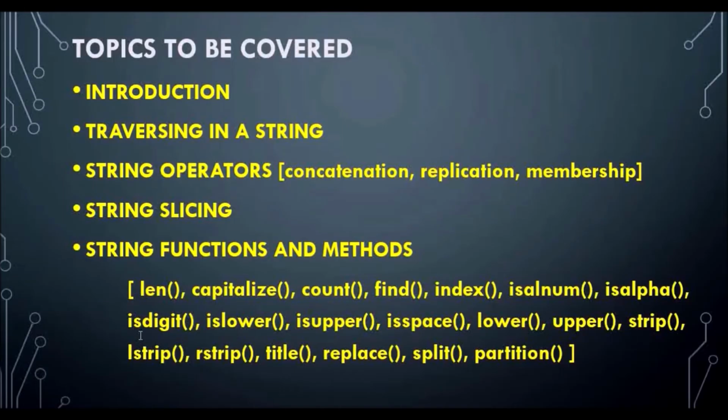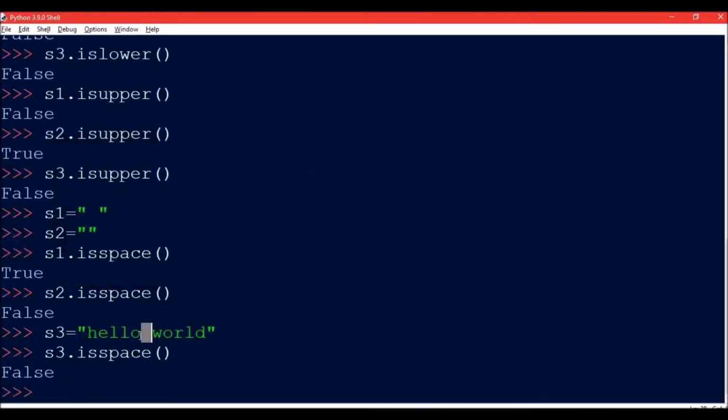The next function in the list is lower. Now islower, isupper, wherever "is" is written, that is basically for comparison and the answer will come in true and false, like isalnum, isalpha, isdigit, islower, isupper, isspace. So in this the answer will always come in true and false because these are the comparison functions. But if we talk about the lower function or lower method, it basically returns a copy of the string converted to the lower case. Let us take an example.